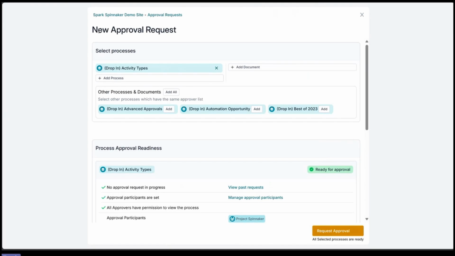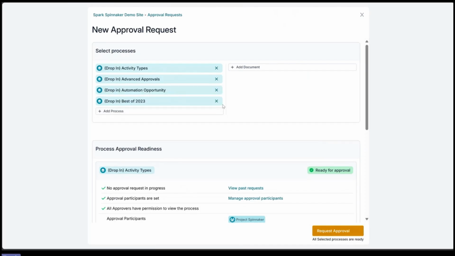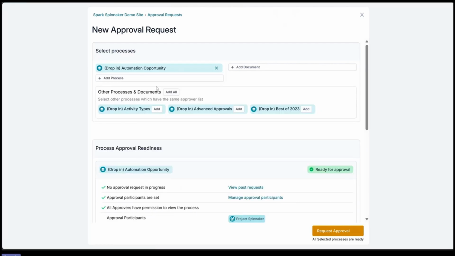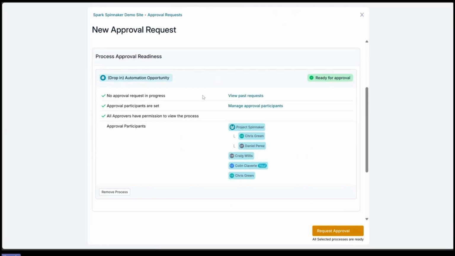Here again, I'm requesting a new approval and it tells me this process has the same approval list as these 3 other processes. Do you want to refresh? Let's just, for the sake of the demo, just do 1 process. So now we see that this check has disappeared from my list and I have another chance to look at my list of approvers. So this will go to all